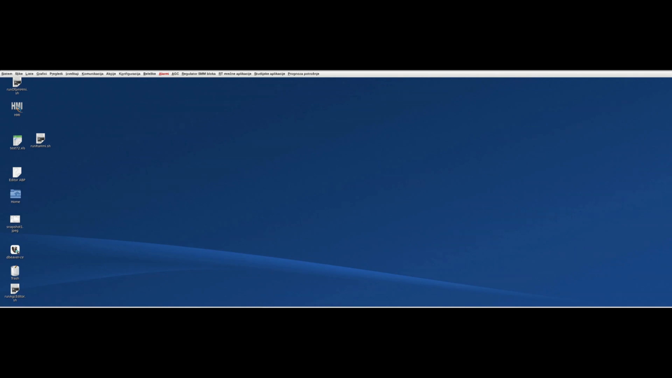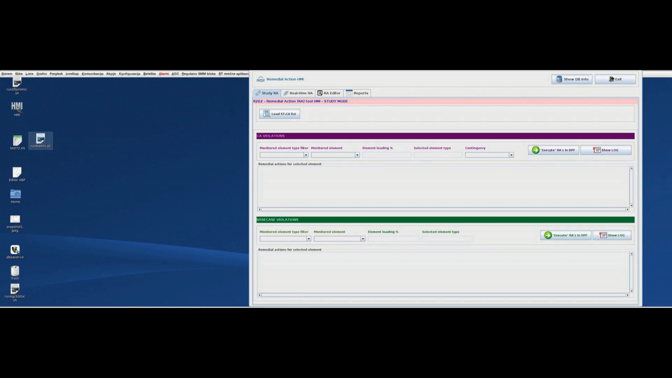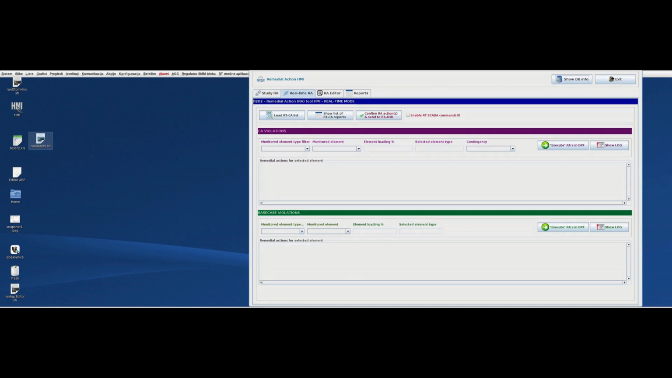The demonstration continues by solving the N-1 contingency. So the dispatchers are firstly opening the RAA tool, and in the real-time part of the RAA tool, they are loading the latest real-time contingency analysis. As shown on the video, there are no more base case violations, and there are 2 possible contingencies, both on